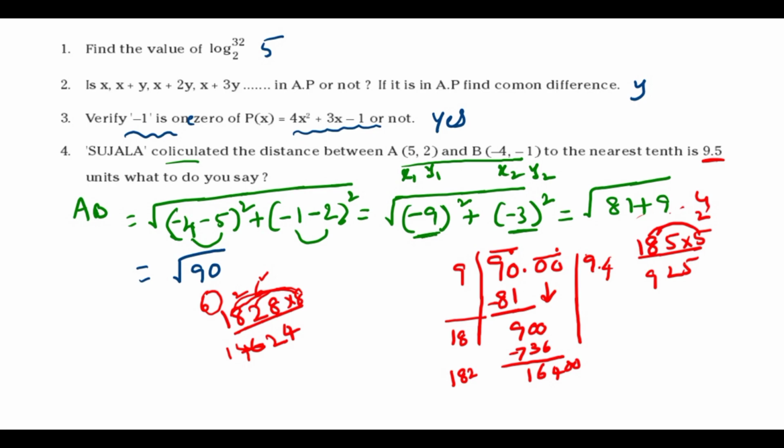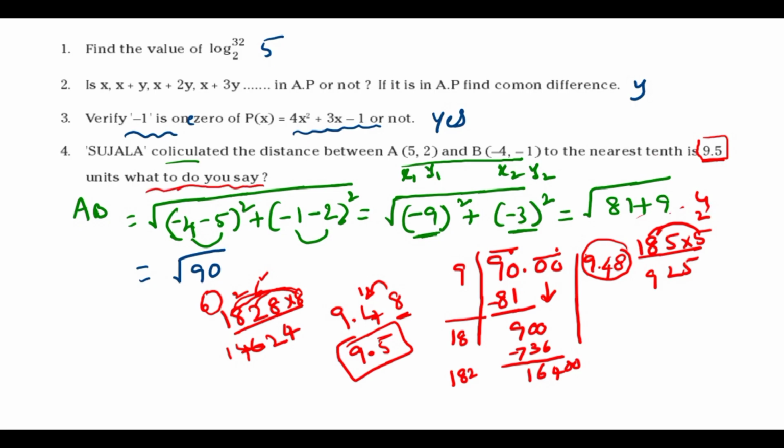So what I am trying to say is, if you take a number here like maybe 8 or 9, whatever it may be, in 9.4, the digit after 4 maybe is 8 or 5 or 6 or 7, whatever it may be. If it is more than 5, we should add 1 to this number, then rounded to 10 we get 9.5. So here also she got 9.5, so she is correct. Okay, so the question is asked, what do you say? Yes, she is correct. Okay, so the next question is,